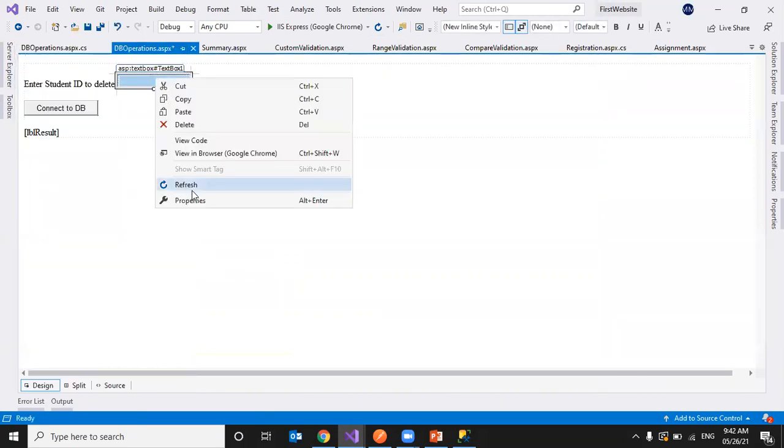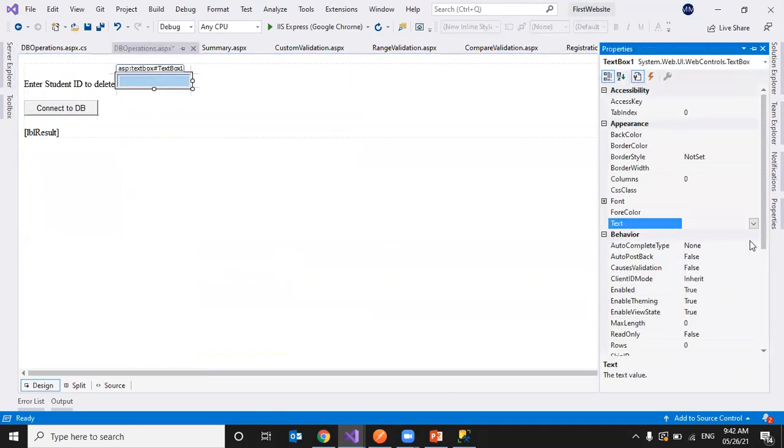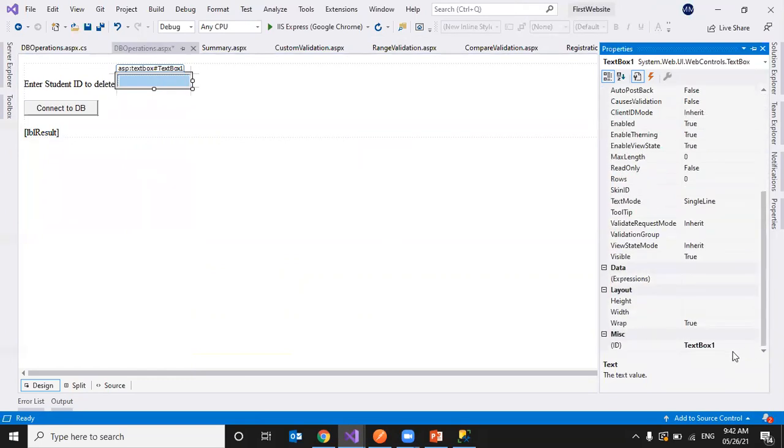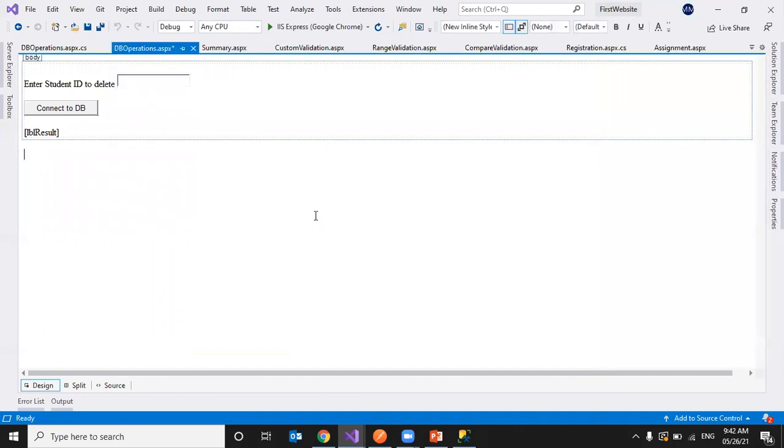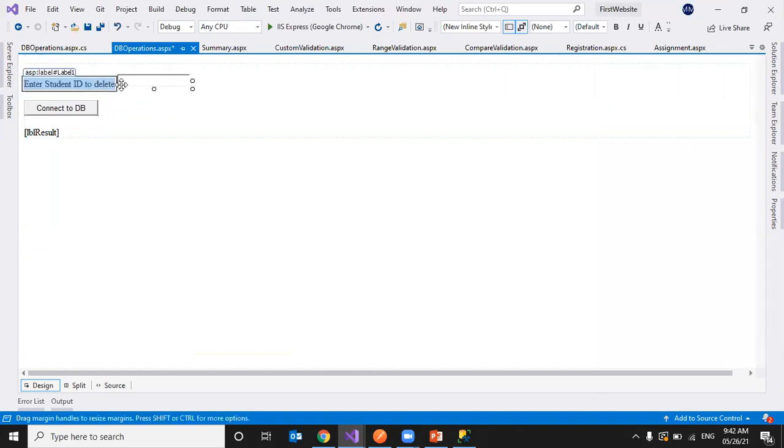This is txtStudentID. I'll give a unique ID to this control, txtStudentID. Now I have a label and a text box where I'll enter the data.